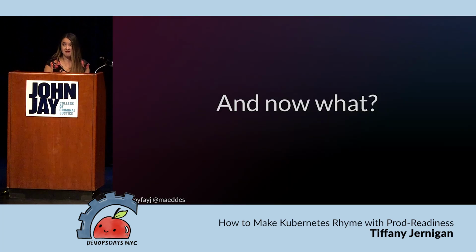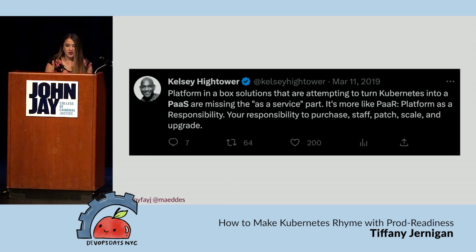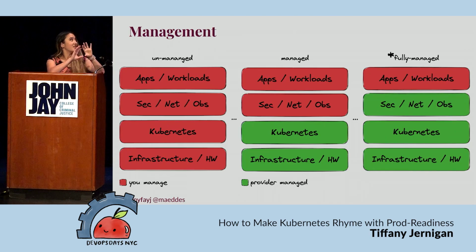So basically the question is, now what? This is a quote from Kelsey Hightower in 2019, but basically it's saying that there are all these things that you have and you need to keep all of them in sync. This is a huge diagram, but basically people used to use things like IaaS, CaaS, and PaaS, and this is split into three different things for the different levels of management with Kubernetes.